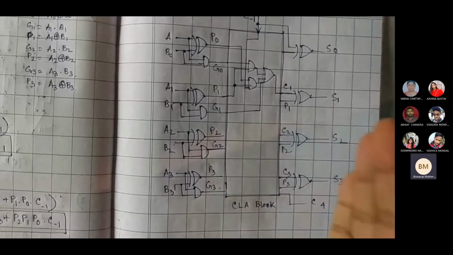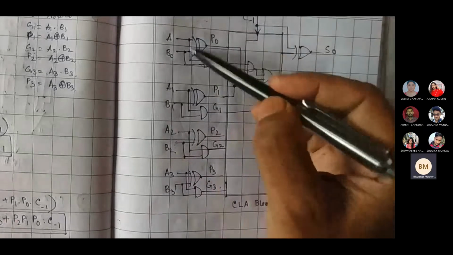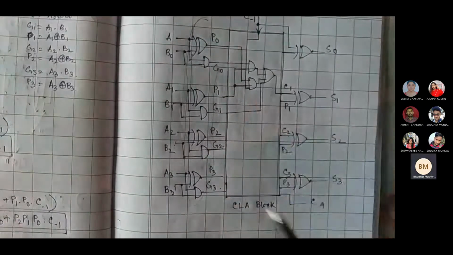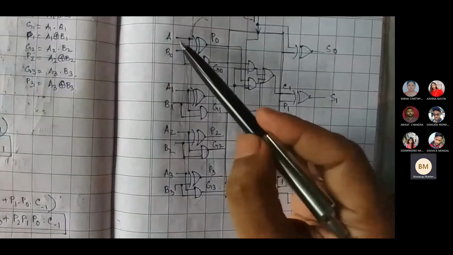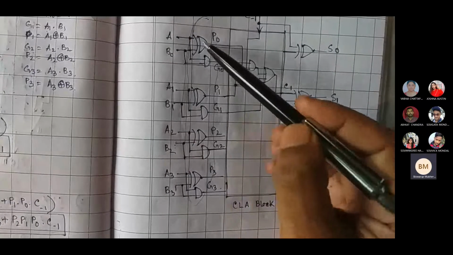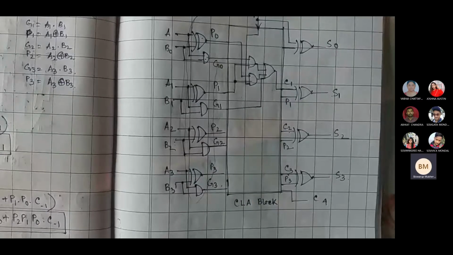So how many gates are there? How many gate stages are there? This is the one gate stage. This is the one gate stage, make sure, right? Where initially inputs are provided and you are having this operation, XOR operation and AND operation. একই সঙ্গে দুটো হচ্ছে। Maybe this first stage is consuming delta t time.